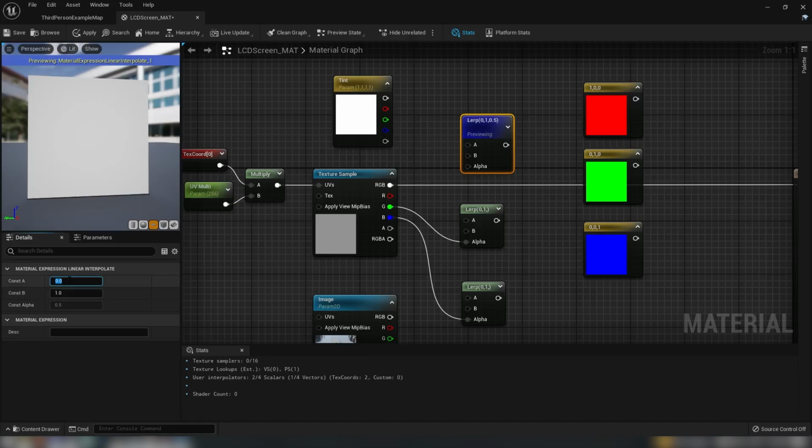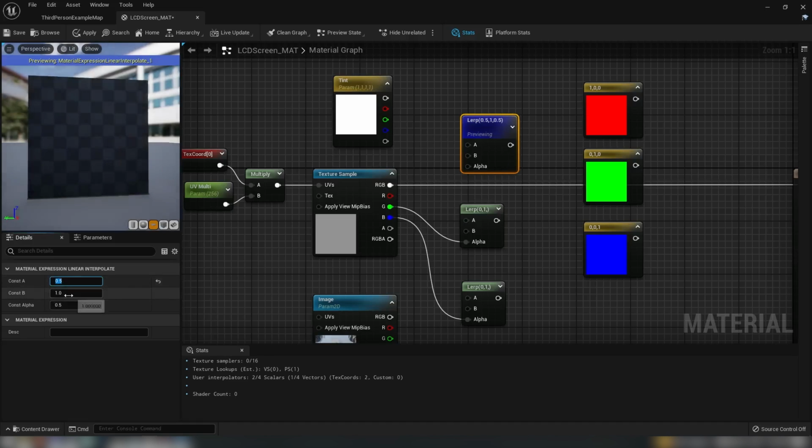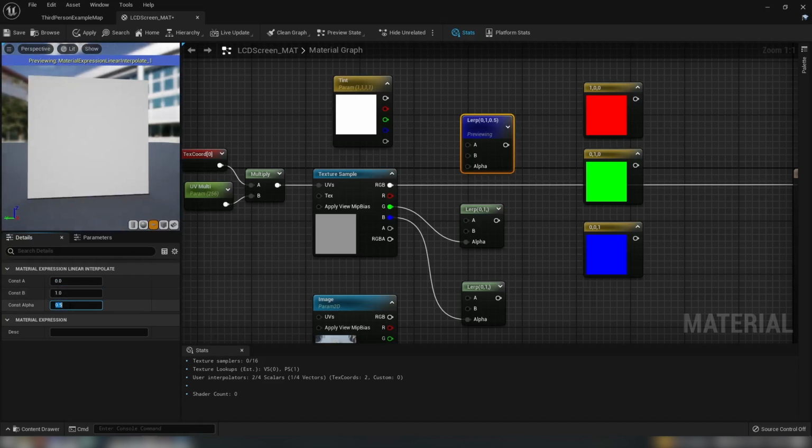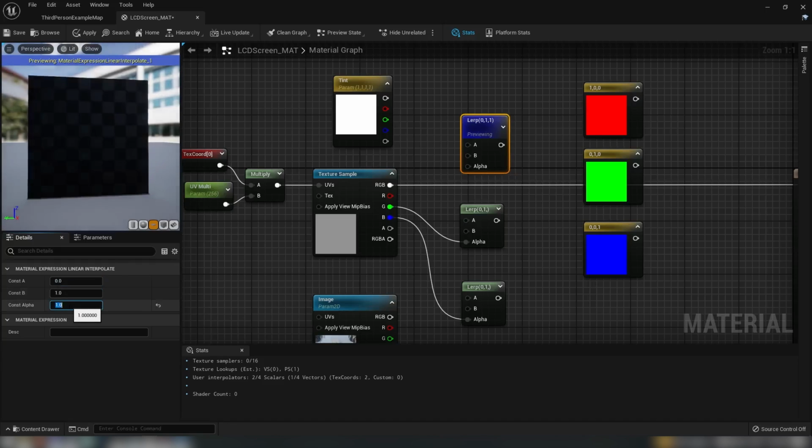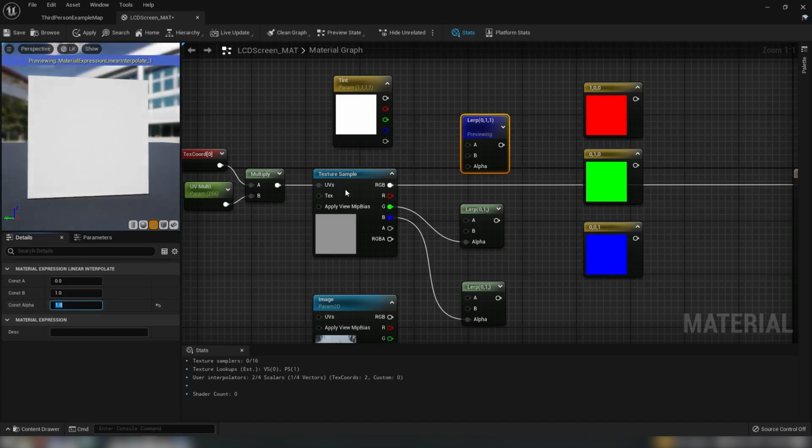But if I change the alpha to 0, we have black. If I change the alpha to 1, we have pure white. So the alpha is going to be the middle point. It's going to be applied to A and B and return values based on that. And in this case, we're going to be using the R channel. So if I just plug this in,